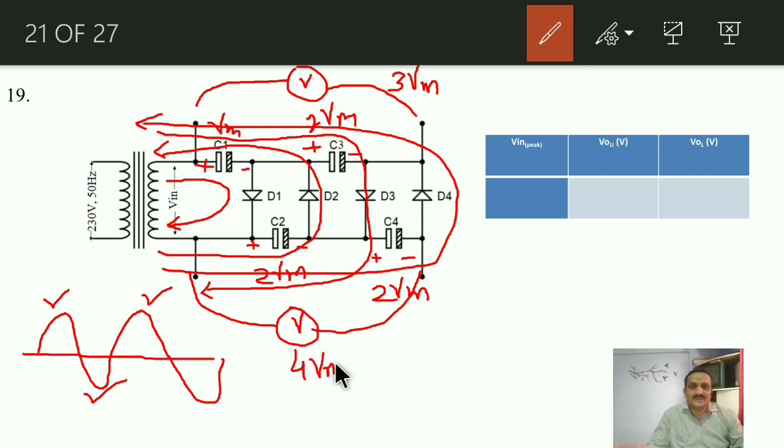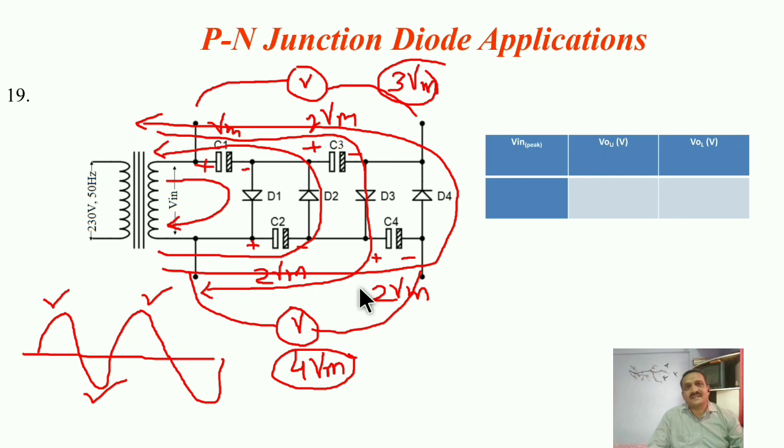So whenever you increase these pairs, you will have multiplied voltage. That's why it is known as a multiplier. So the upper side here is a voltage tripler, and this one is nothing but a voltage quadrupler. As you increase further, at the bottom side you will have 6 Vm, over here you will have 5 times Vm, etc. So this is again known as a voltage multiplier, so you can boost the voltage levels.